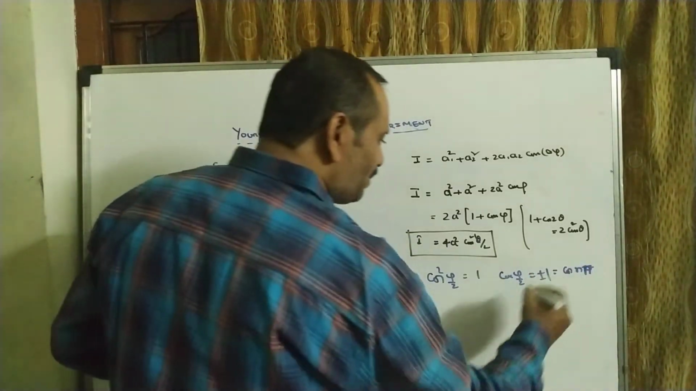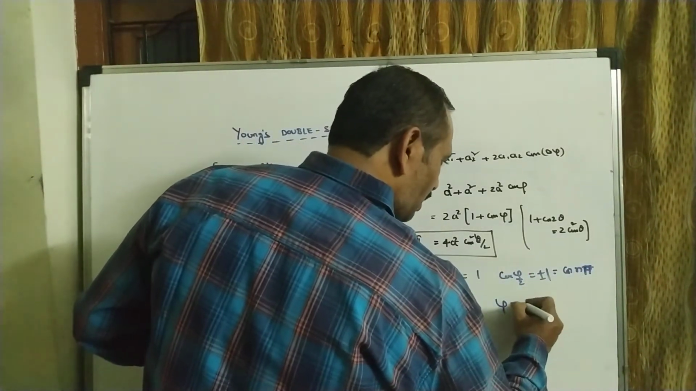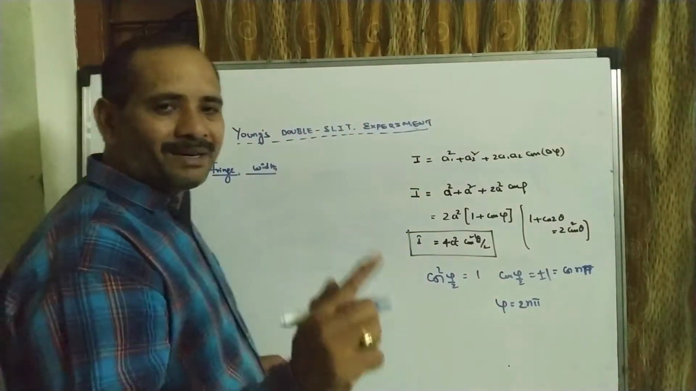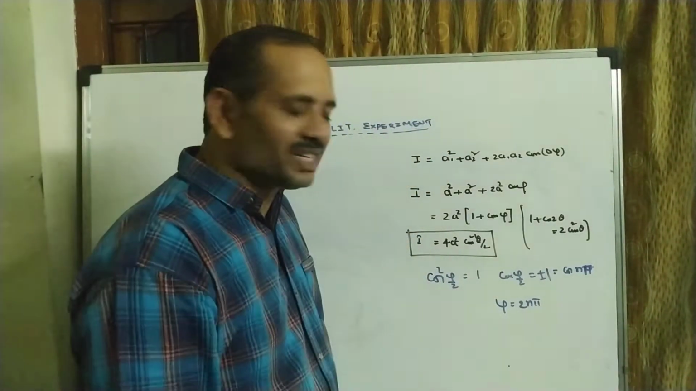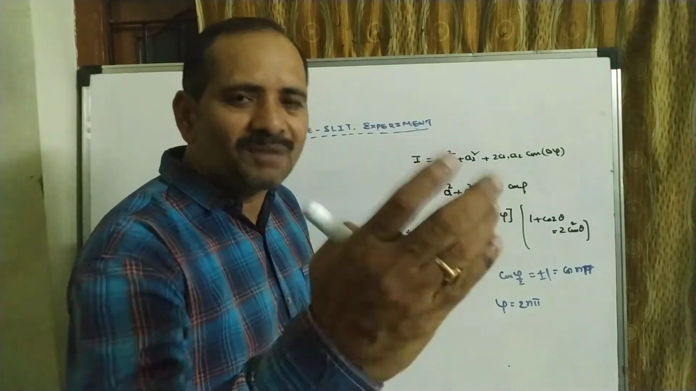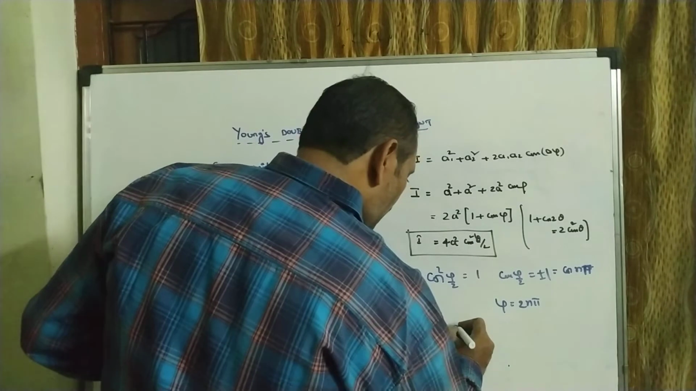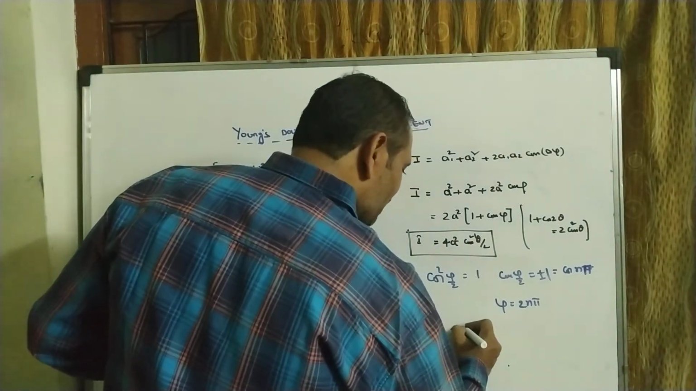That is pi by 2 equal to n pi, equal to 2n pi. Third bright band: phase angle 6 pi. Fifth bright band: 10 pi. Simple bits, you will find it. You may get it out like this. Delta x, path difference,